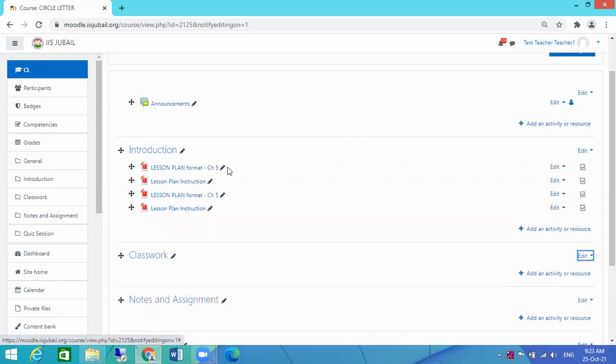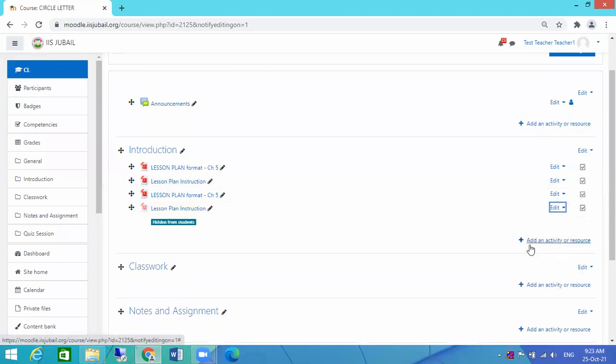Suppose we have added, but I don't want that particular lesson, that particular content, to be shown to the students. Okay, let it be there. I am not going to delete it. In that case, what you can do, you can hide it from the student. It will be available with you, but hidden for the student. You can release it anytime. Suppose you have created a test, you want to make it hidden. You don't want to open that